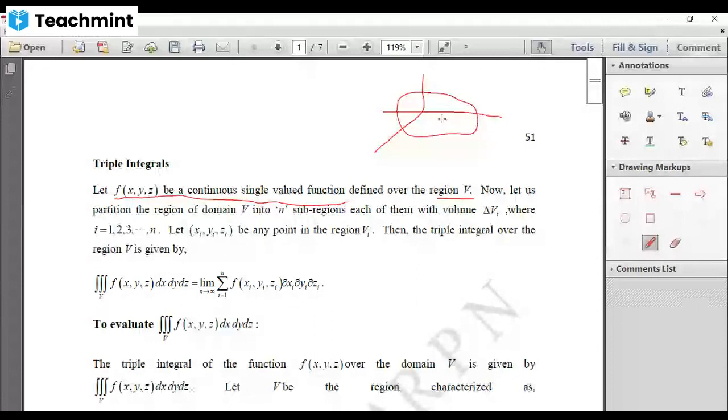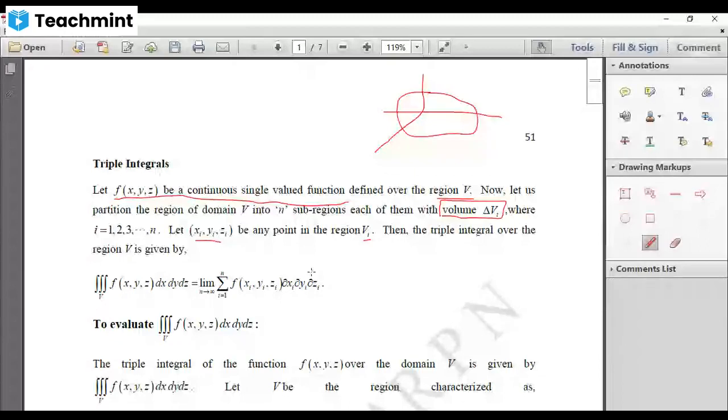That means along the x-axis the rate of change is delta Xi, along the y-axis delta Yi, and along the z-axis delta Zi. Using that, we say delta Vi is the rate of change of volume of each subregion. Now suppose xi, yi, zi is any point in the subregion, say Vi,